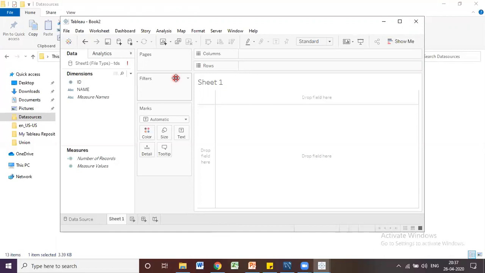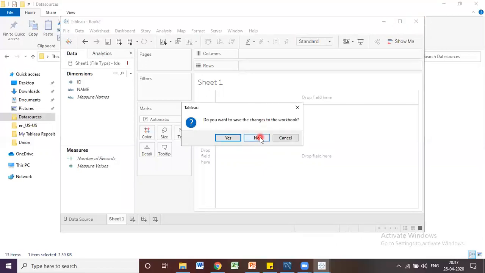No need, right? So he cannot open this TDS file, because it will show that the file is missing. Once he tries to open it, it will search for that Excel file where it is located. So he cannot work on this TDS file if you share it with anyone.